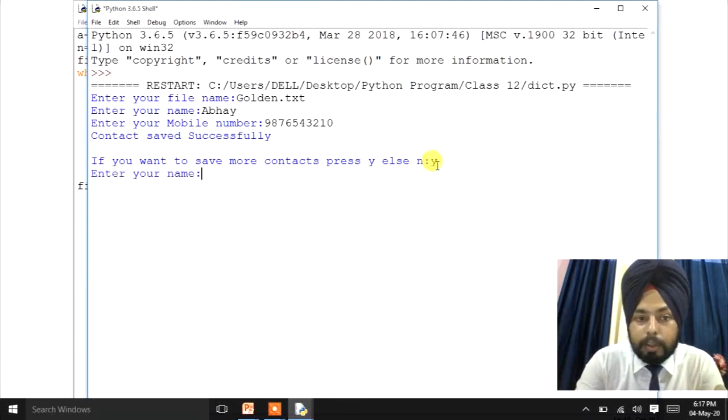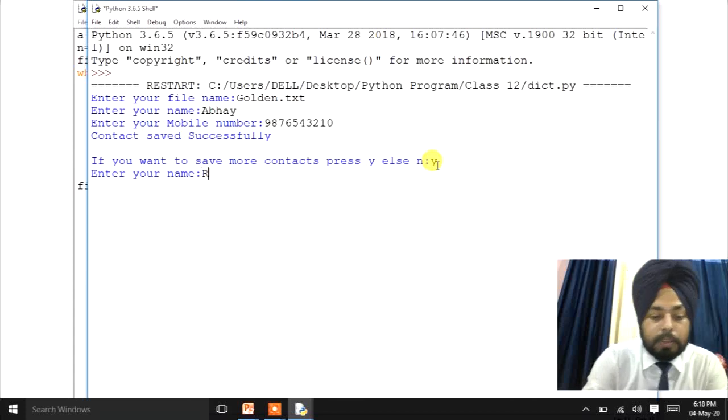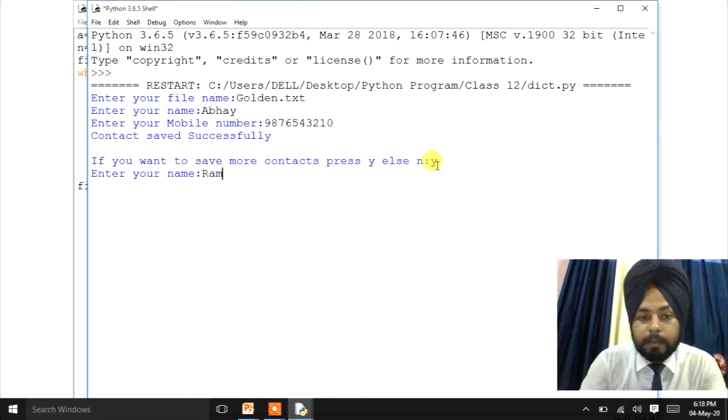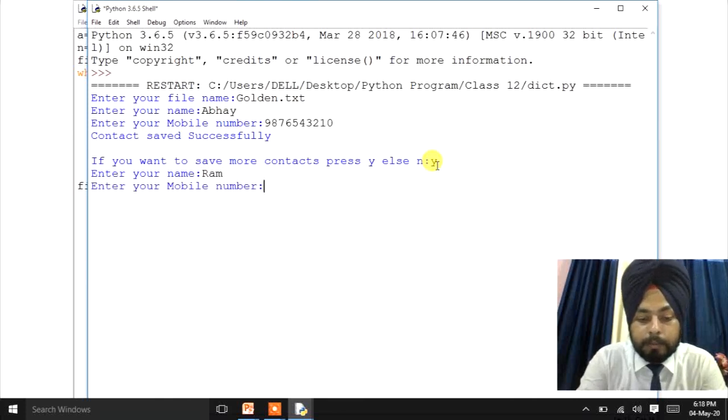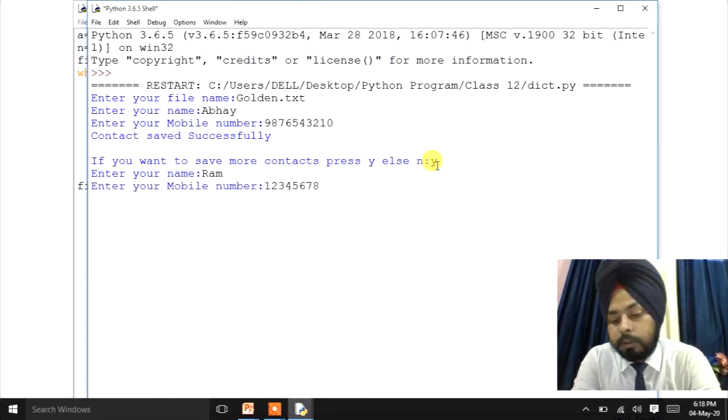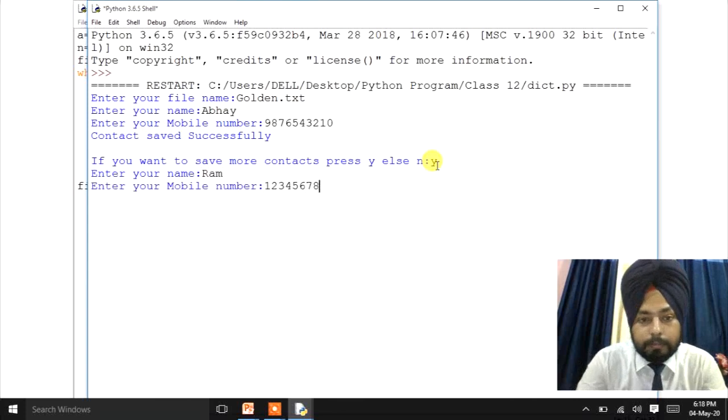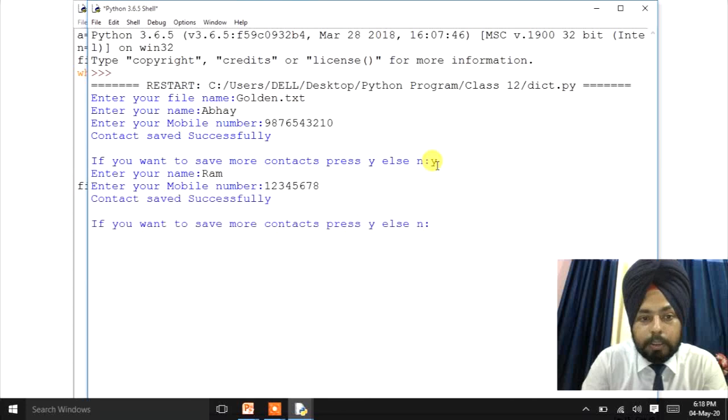Now if you want to save more contacts, then you have to press Y. Again it is asking enter your name. Now we'll enter the name here. That will be different name, for example Ram, right? Now mobile number of the person, for example that is anything we can type here. Now again I'll press enter. It will again display the message contact saved successfully.